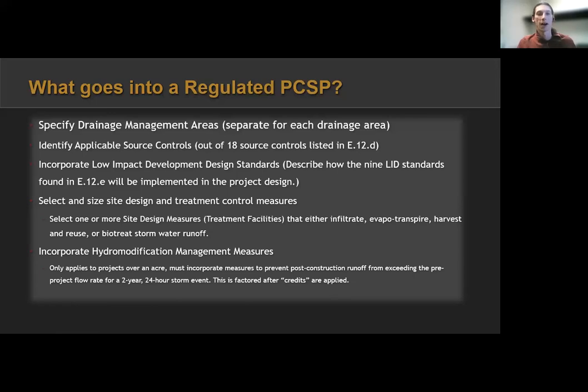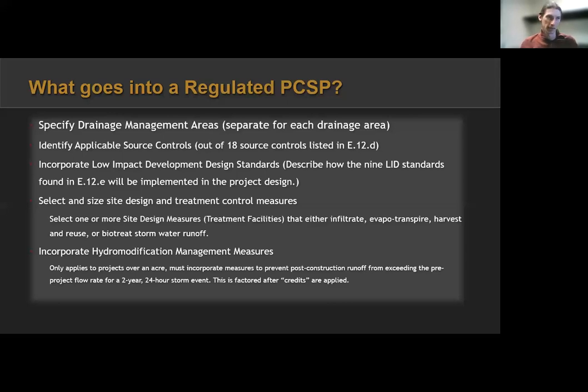This is called hydromodification. It's a little bit heady to get into, but essentially the goal of this is, for those larger projects, they want to meet or exceed that pre-project flow rate. So imagine you have a flat acre of undeveloped land, and then you put a slab and a warehouse on it.